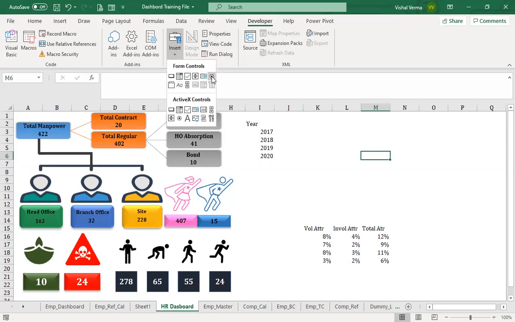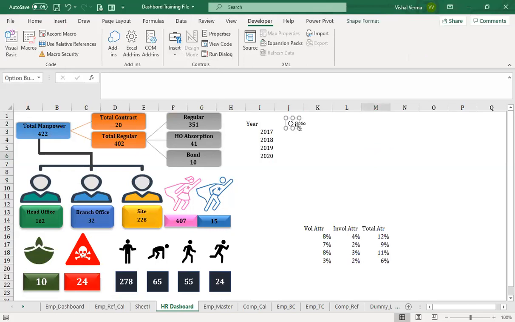So we'll be using the option button, and we can give the option to select voluntary.